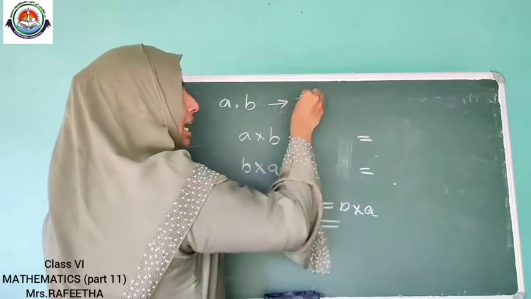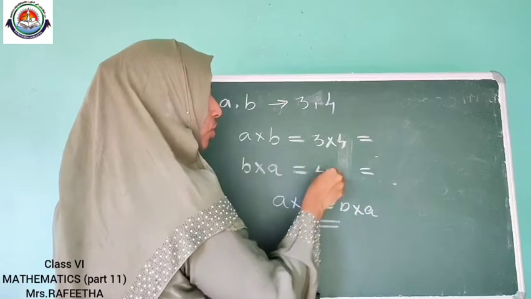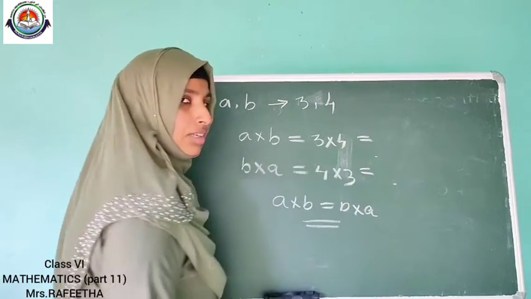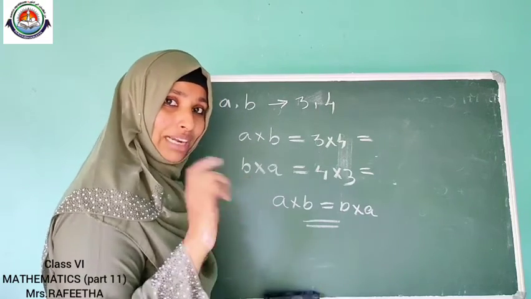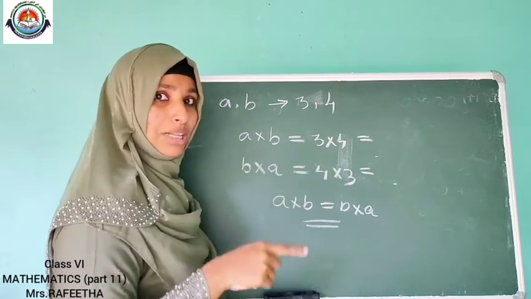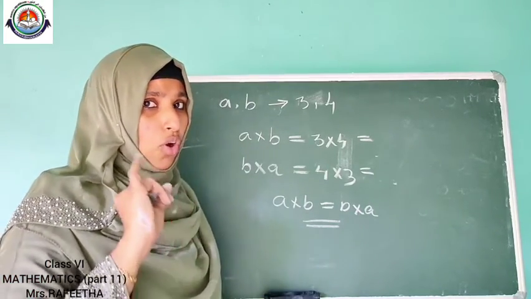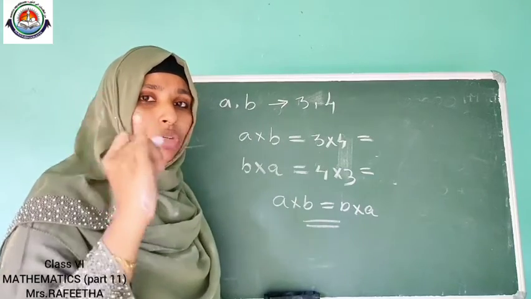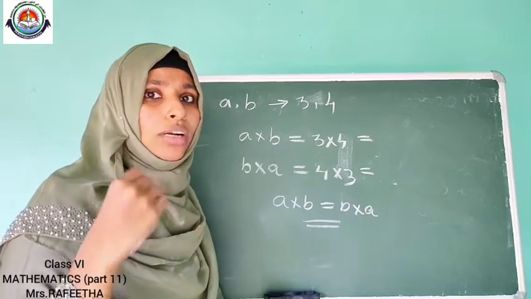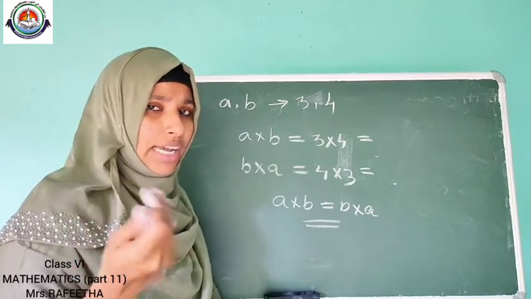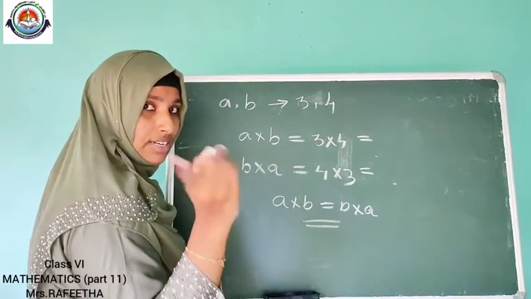Suppose 3 and 4. Here 3 into 4 and 4 into 3. What is 3 4s? You studied this multiplication table. You may be thinking that it is very easy because ma'am can take 1 and 2 itself. Otherwise, you want to study the multiplication table also. Children, anyhow you want to study the multiplication table for all the exams. You want to study that from childhood itself. If you are studying that, it will be much easier. So don't think that you can study it later. Study it now itself, if you haven't studied yet.